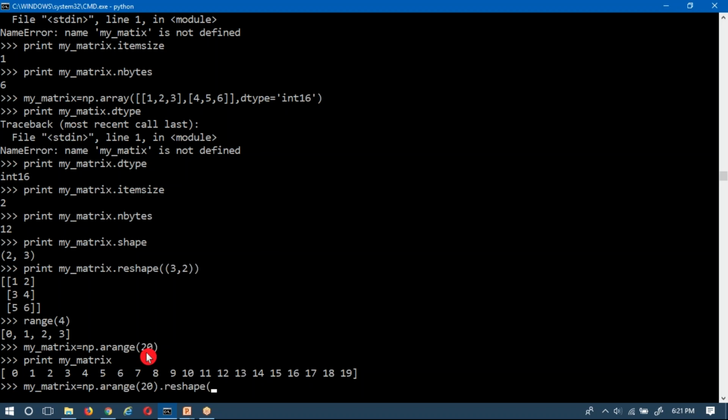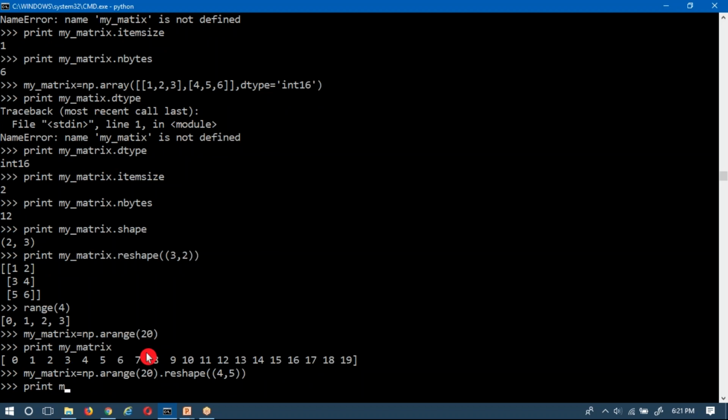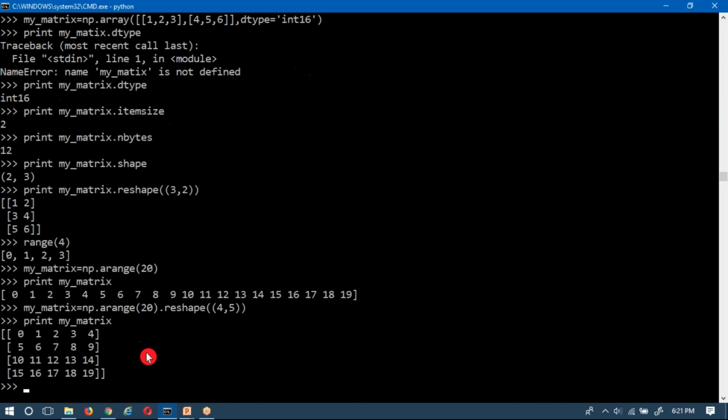Suppose you take 20 elements, then I can make a 2 by 10 matrix, or 10 by 2 matrix, or 5 by 4 or 4 by 5 matrix. Suppose I take 4 comma 5. Now observe your matrix: you are able to get 4 rows and 5 columns.